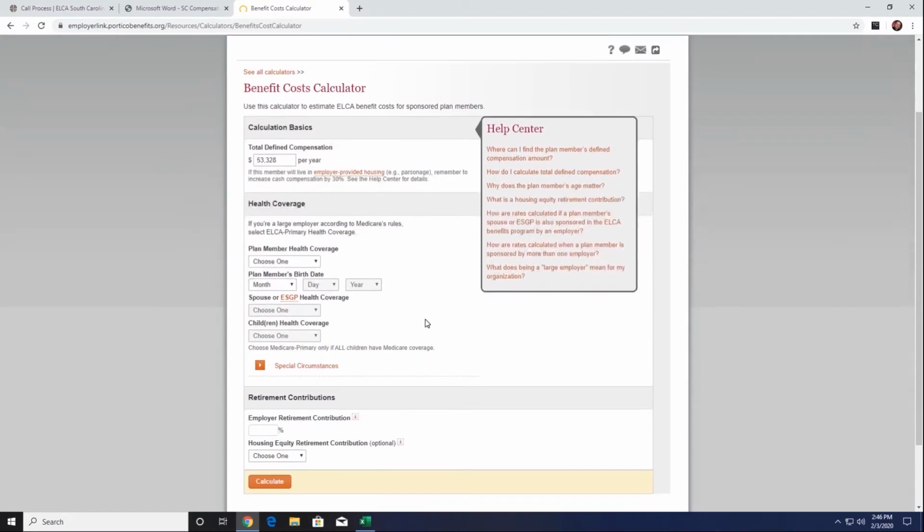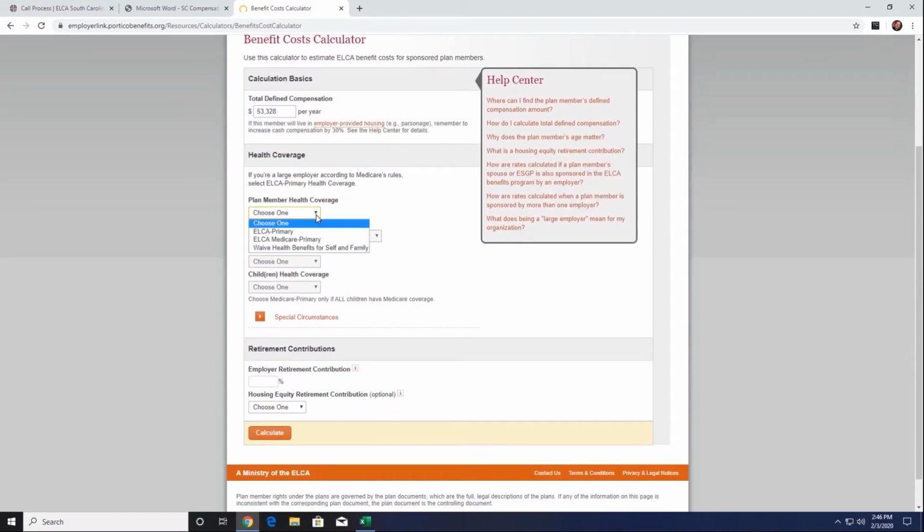Then for health coverage, we will go to this first box. Again, is this primary coverage? Is this Medicare primary? Or are you planning to waive health benefits for self and family? And so we're going to say that this is, in our case, an ELCA primary coverage. You're going to enter the birth date of the rostered minister.